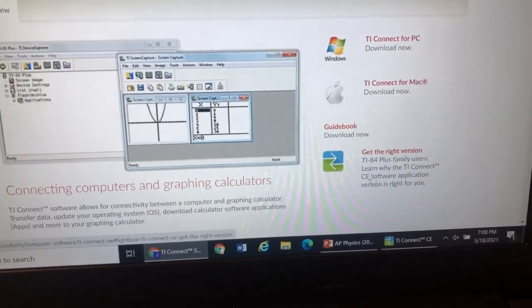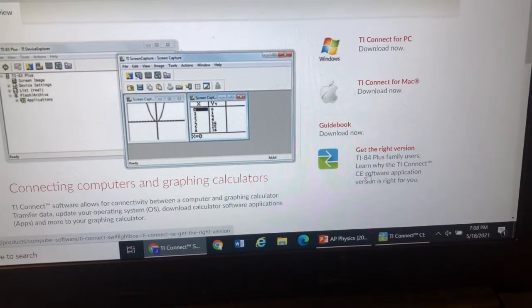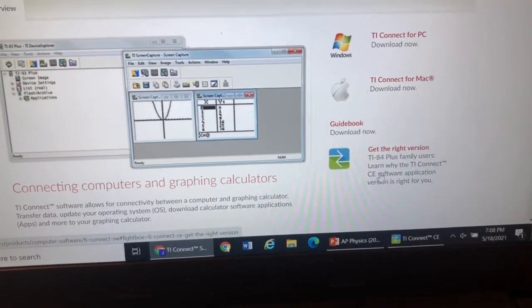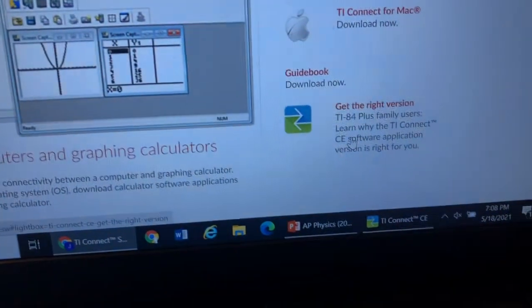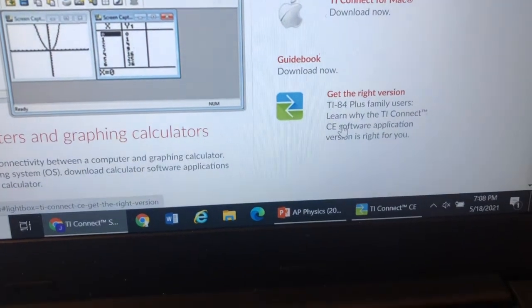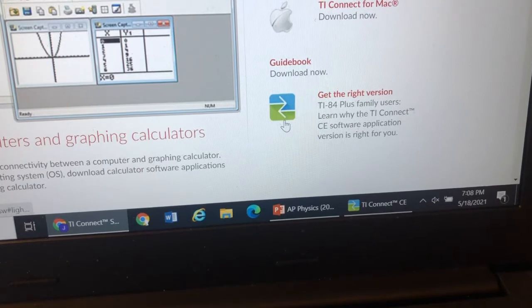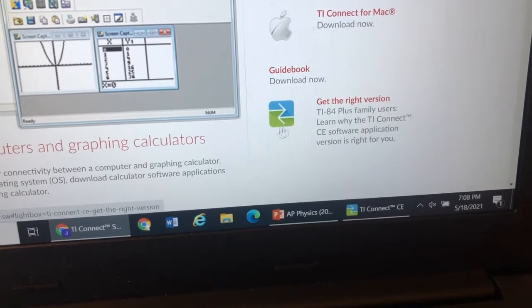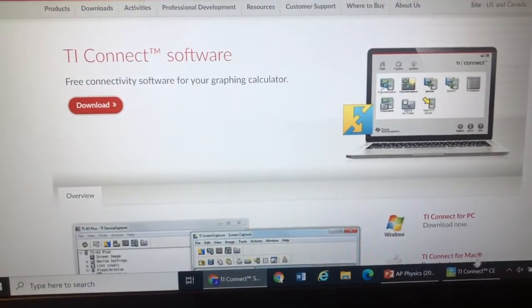TI-84 Plus family users. If you want the correct version, just make sure you click on that and make sure you got it. The version that I need, because again, I have a TI-84 Plus, is that version TI Connect CE. I'm pretty sure that's for all of the newer calculators. You can definitely tell the difference here because the icon for the program has these two little arrows that look like that. And for the regular TI Connect software, the arrows look like that. So you're going to click on that, you're going to download the software, you're going to open it up, and